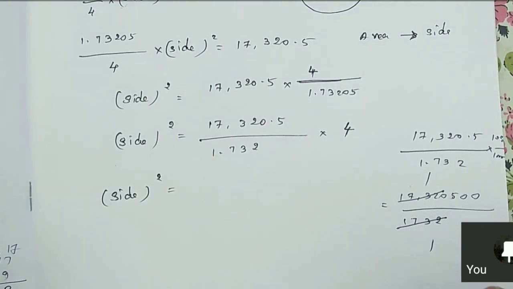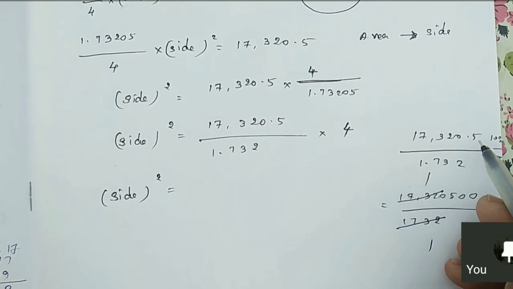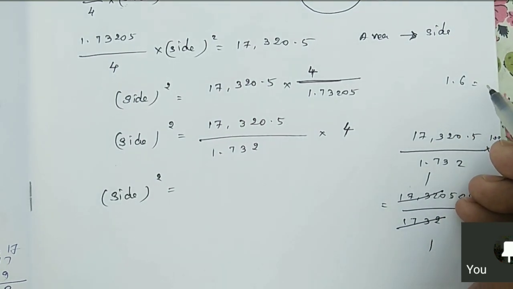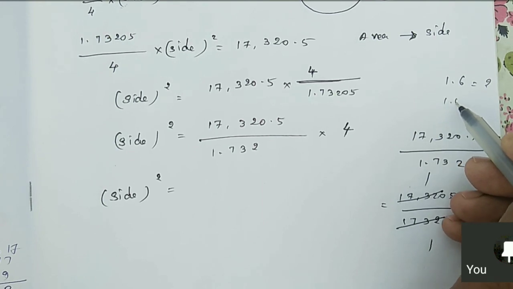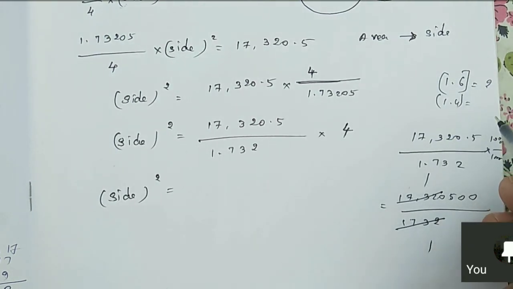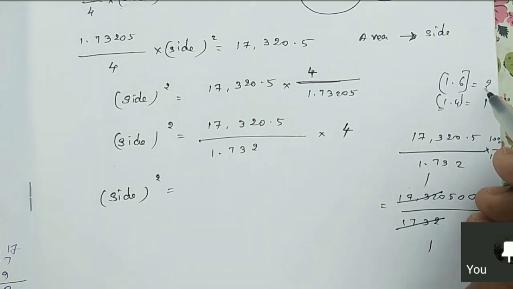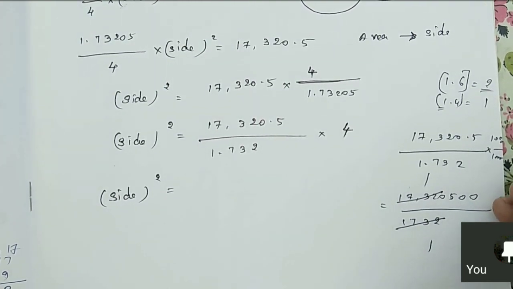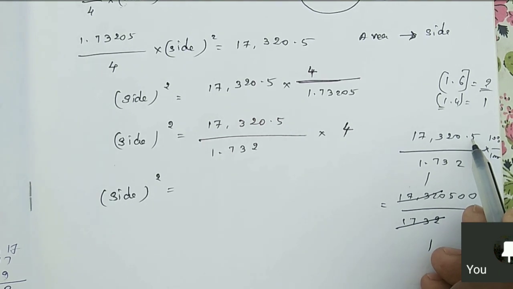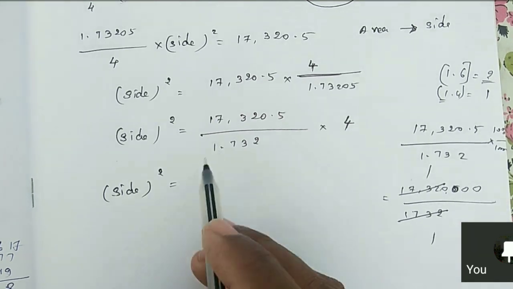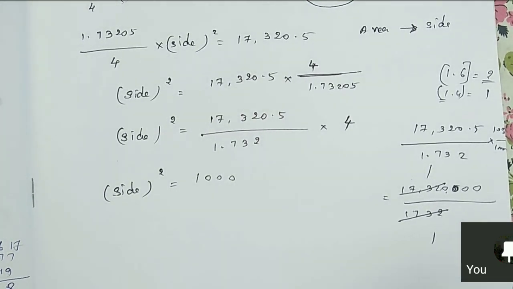500. You just convert 500 as a 6. So 500 is below the 6, so we can convert it to 0. We all know the rounding off of a number. Rounding off 1.6, what is it? That is 2. Rounding off 1.4, what is it? 1. So below 5 it stays the same number, above 5, 6 or 7, it becomes the next number. The same way here it is a 5, so we round down to the same number. So here 1000. So what is the answer? 1000. Are you all clear?